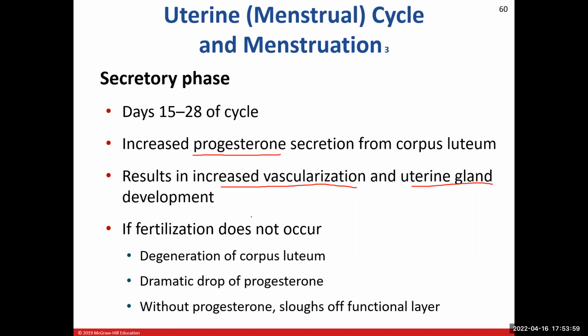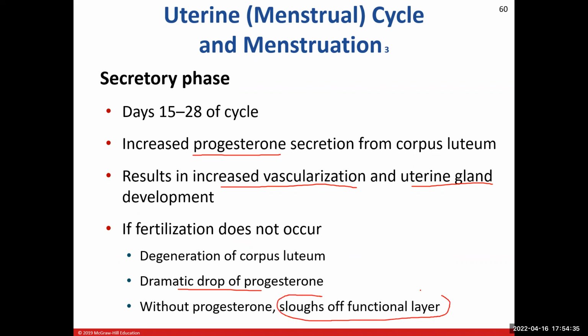in the functional layer. So of course we know, if fertilization occurs and implantation results from that, then this will see those hormones in higher than normal levels to help sustain and maintain the uterine lining there. If fertilization does not occur, then as you know, the corpus luteum starts to degenerate, and that will decrease estrogen levels, progesterone levels, and inhibin levels. So we'll see a big drop off there in progesterone, and because of that, with no progesterone, then